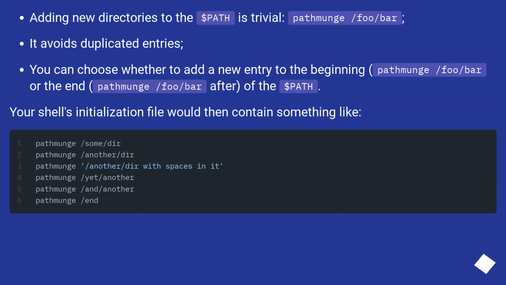Adding new directories to the $PATH is trivial. pathmunge /foo/bar. It avoids duplicated entries. You can choose whether to add a new entry to the beginning, pathmunge /foo/bar, or the end, pathmunge /foo/bar after, of the $PATH. Your shell's initialization file would then contain something like